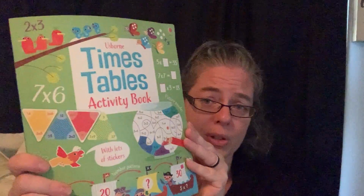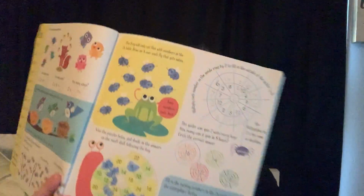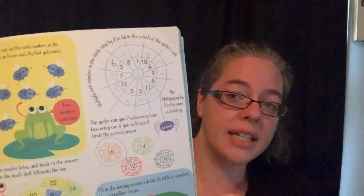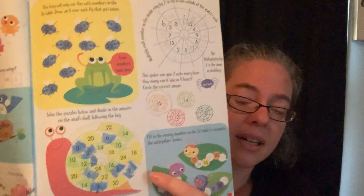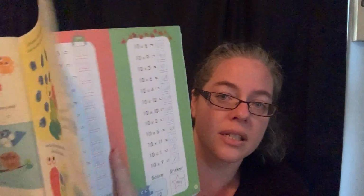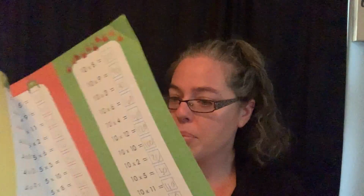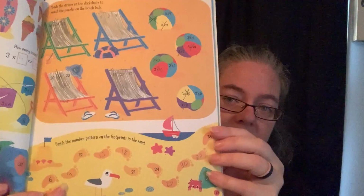This was one that I had for my older kids, that's also a timetables activity book. This one was $9.99. They run deals all the time, and like I said, this one I've had for a little while, but just for practice. So they've got little activities, like he had to fill it in, color, and do different things. And then of course they have their little practice bookmarks, and you could probably cut them out. Then you have connect the dots and all kinds of different things for times tables. So I used to have Deacon do this because he struggled with remembering the facts,